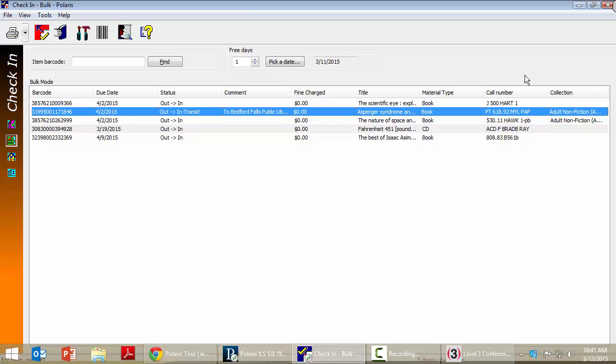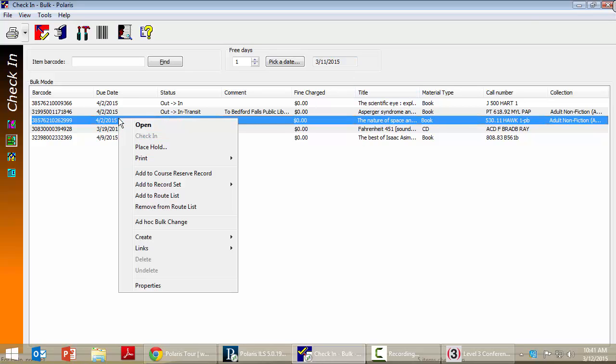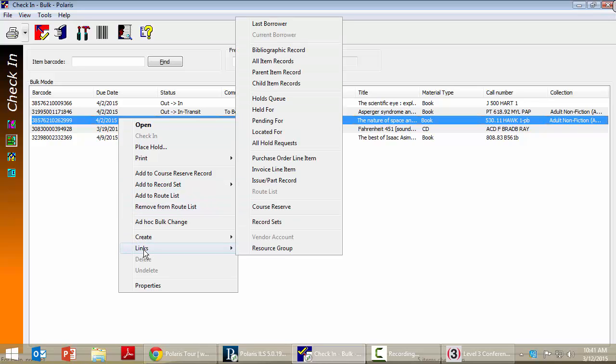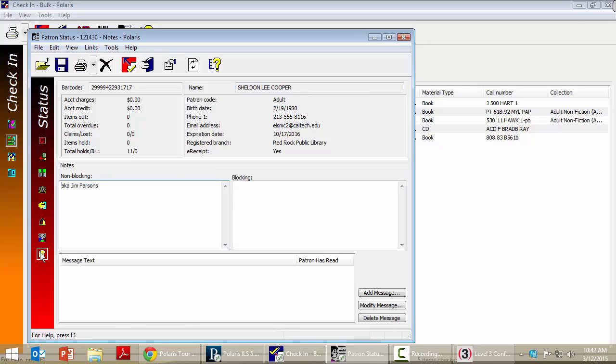So we've checked all of those in, and we just notice in this nature of space and time that Sheldon left a bookmark. Well, we don't even know that it was Sheldon necessarily, although you can put the patron name on this screen if you want. That's kind of up to you. But in Polaris, if your staff have the permission, they can actually, I did a right click there, and we've come out and we're saying, let's look at the borrower who had this last. And it was Sheldon Cooper, and we're going to go down on his notes, and we're going to say,